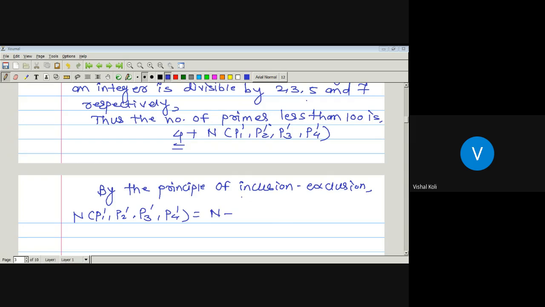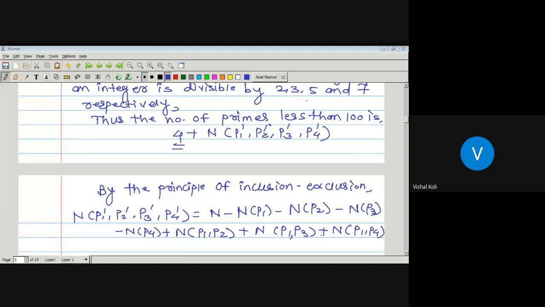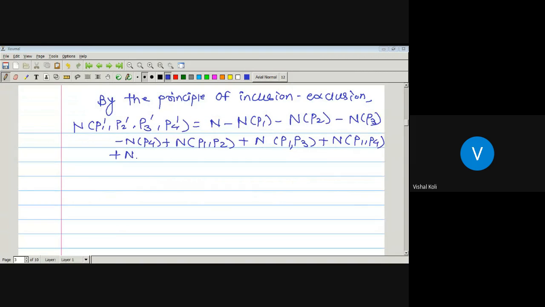It means the number of elements with the properties Pi, where i is running from 1 to 4, minus n of P1 minus n of P2 minus n of P3 minus n of P4 plus n of P1 P2 plus n of P1 P3 plus n of P1 P4 plus n of P2 P3 plus n of P2 P4 plus n of P3 P4